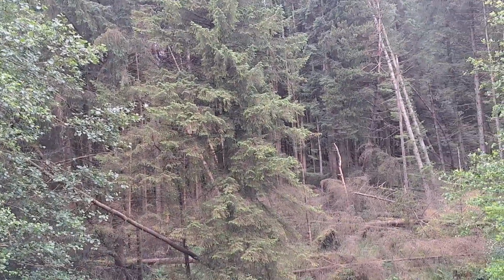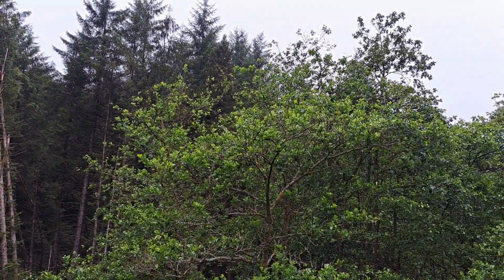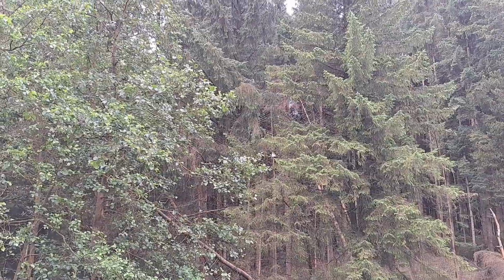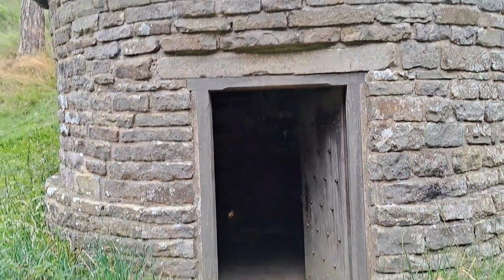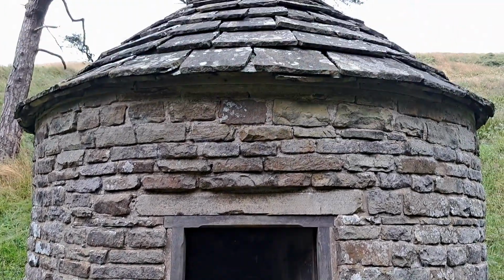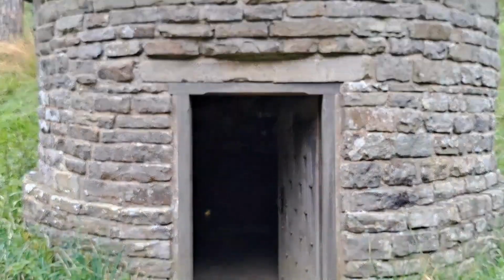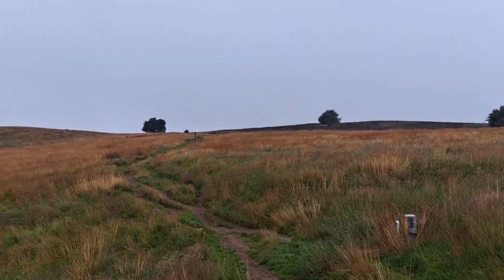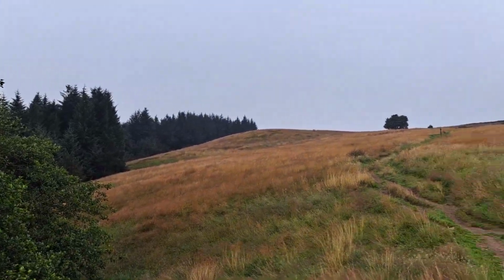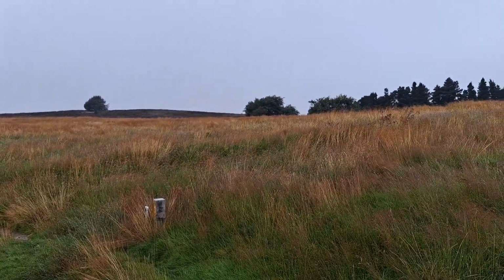Oh, let's have a look. And the weather seems to have got a little better since I was last out here. It's time to head back now anyway. Absolutely beautiful little rest. The rain started again just as I left, so